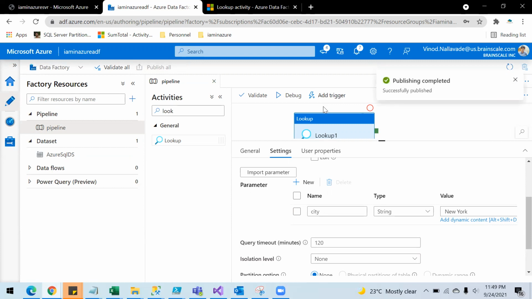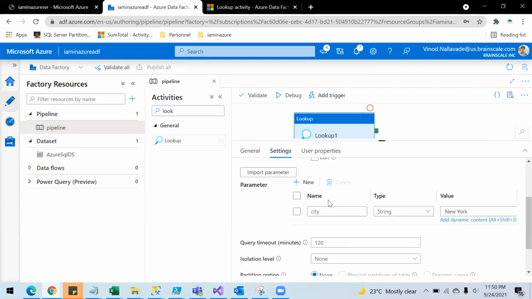So one challenge I noticed while using this stored procedure activity is if you want to return a set of data, it is not returning that data. So that is one challenge that we are facing today with the stored procedure activity or this lookup activity. So when you call this stored procedure, it will return some kind of data set.